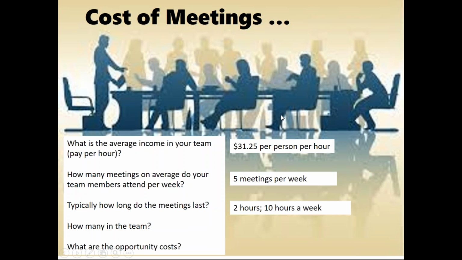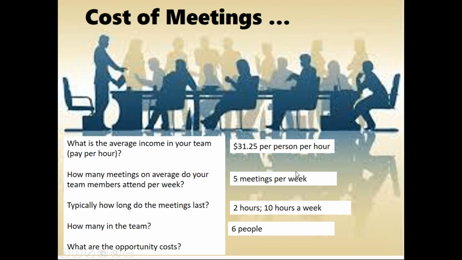And let's say that the average meetings are 2 hours. So basically people spend 10 hours or 25% of a 40-hour week in meetings. Now, I might say to you, and I've checked the data on this, that's pretty average. So spending about 25% of your time in meetings per week is quite the norm. So the average person spends 10 hours at $31.25 an hour.